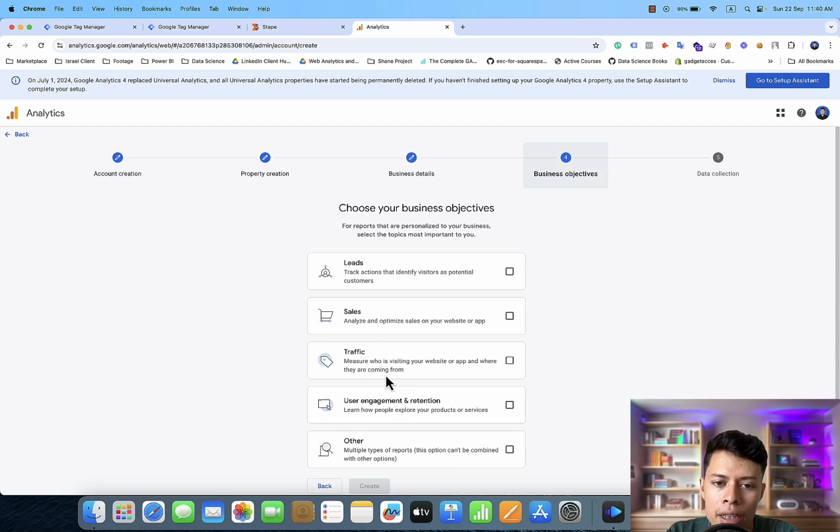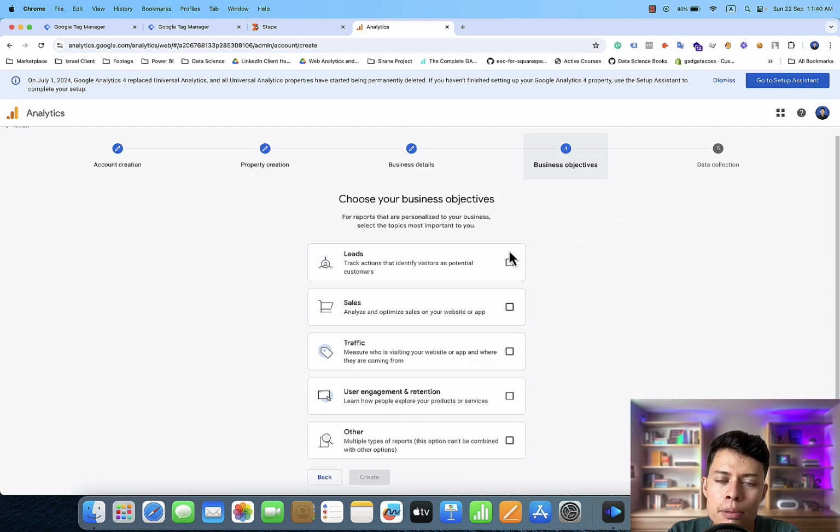Then next, and there is an option where sometimes people are confused about which one they need to choose. There are options for sales, leads, traffic, user engagement and retention, and other. If your business is based on leads, form fill-ups, and phone calls, something like that, then you can choose the leads option. But if your business is based on e-commerce and purchase, add to cart, begin checkout, then you have to choose the